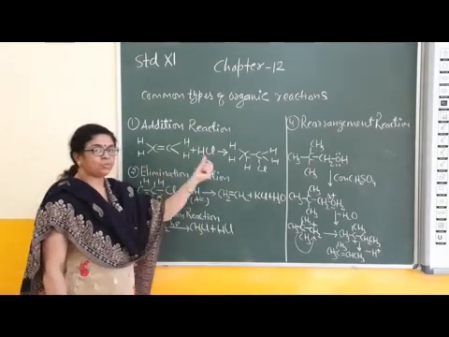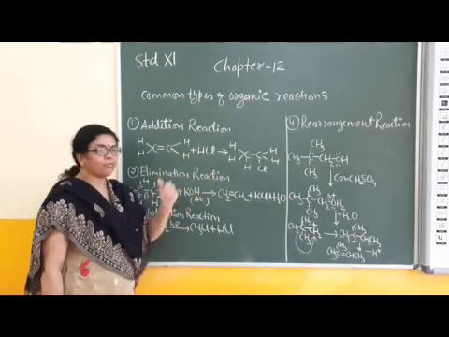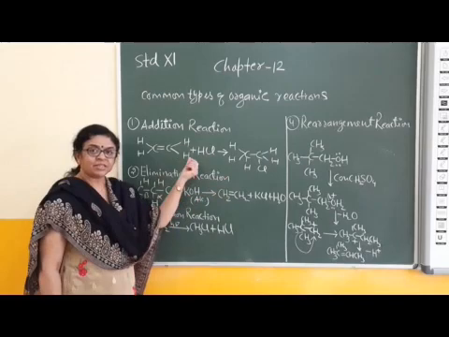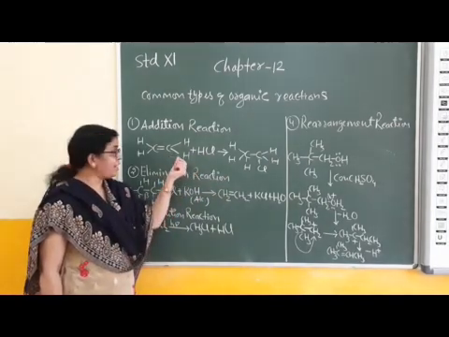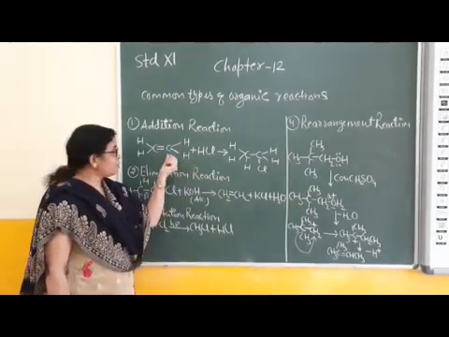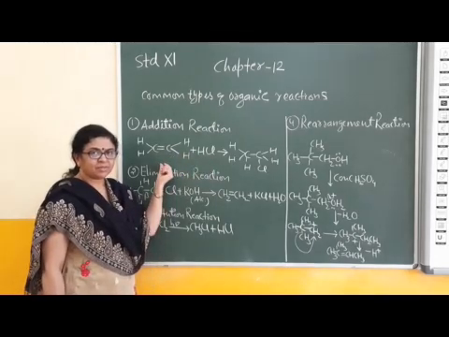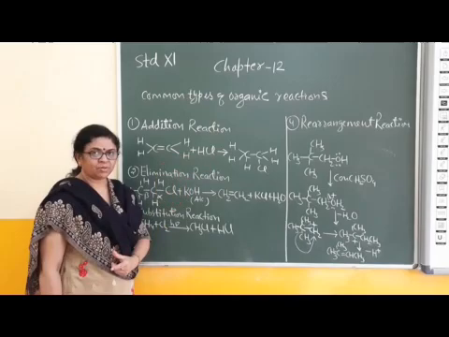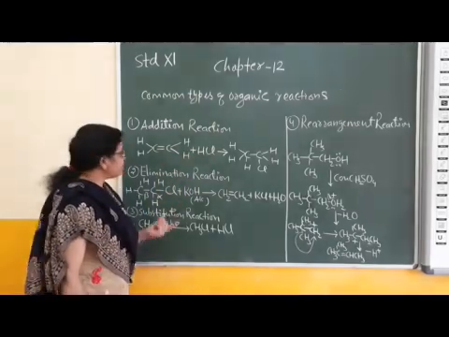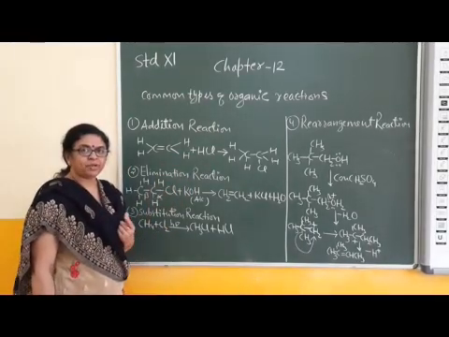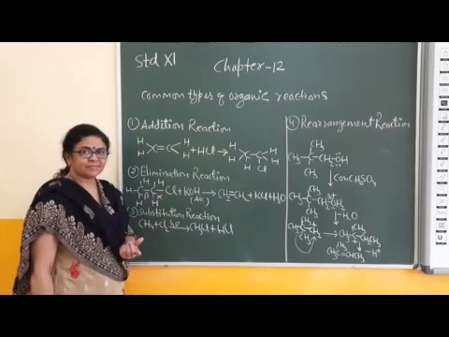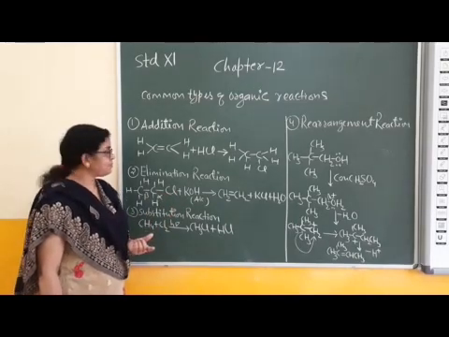Conversion of ethene into ethanol by addition of water molecule. When H2O is taken, then one hydrogen atom of the water molecule goes to one carbon and the OH group to the second carbon, right? Then formation of ethanol. Okay children, if propene is taken, then propanol, right? Propanol 2.